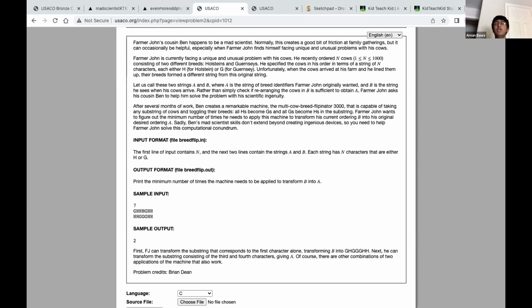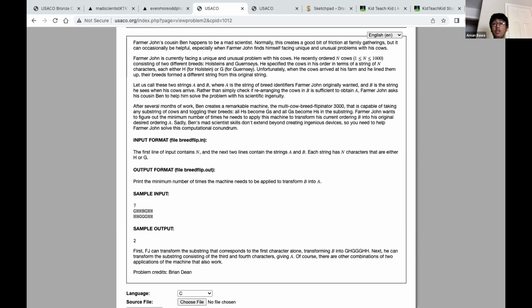So we're going to get a string A, which tells us there are N cows, and each character of the string represents whether each cow is an H or a G. So he wants to get the exact order that he ordered. But instead, what he received was another order of cows B, which is another string of length N. All the cows in B are also H's or G's, but they might not exactly match what he wanted